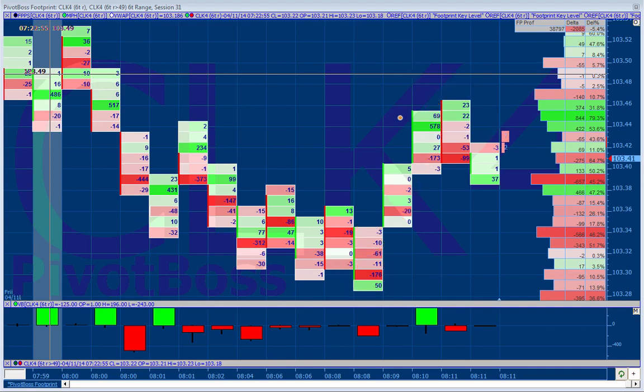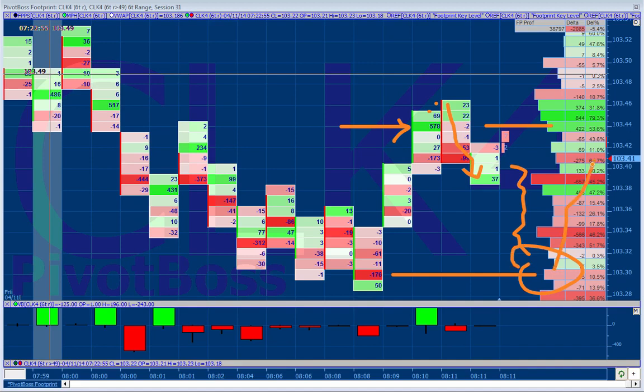And then you get someone that comes in and buys 578 contract buying balance at 103.44, and price ticks 2 ticks higher and then goes offered. But see this person right here? As long as you hold that person on a pullback, you're likely going to continue to be absorbed. So let's see what happens.